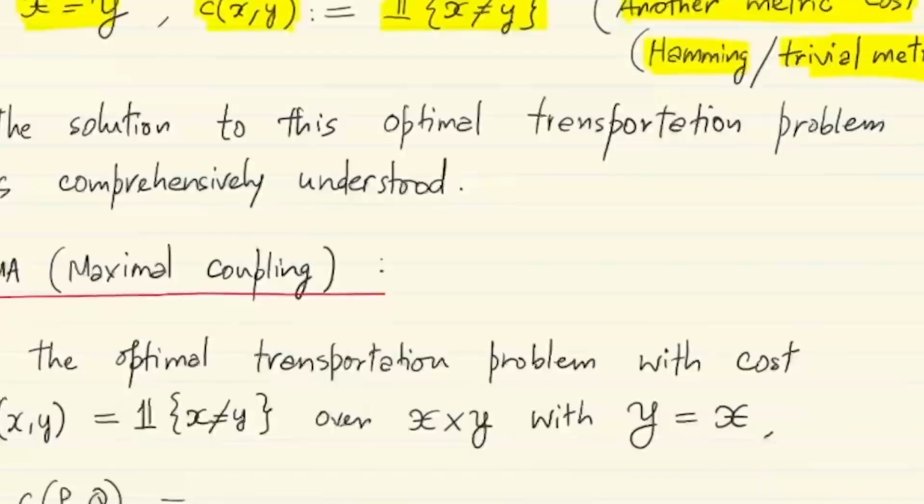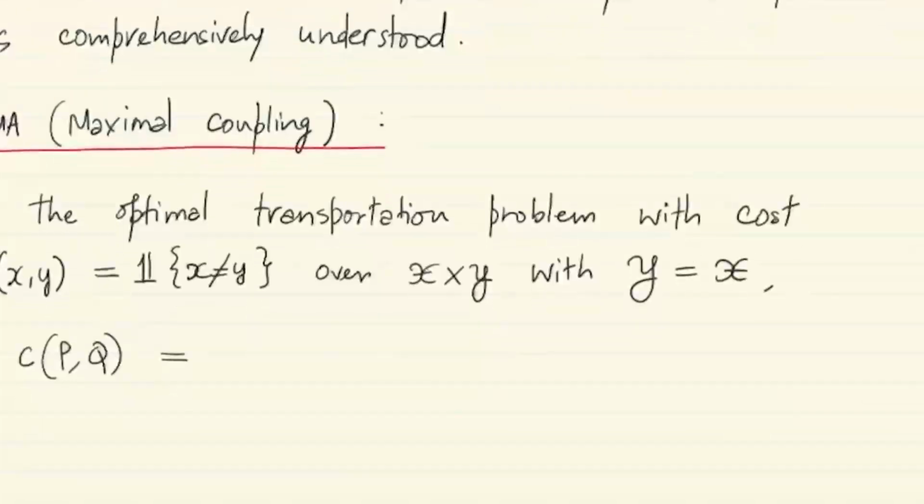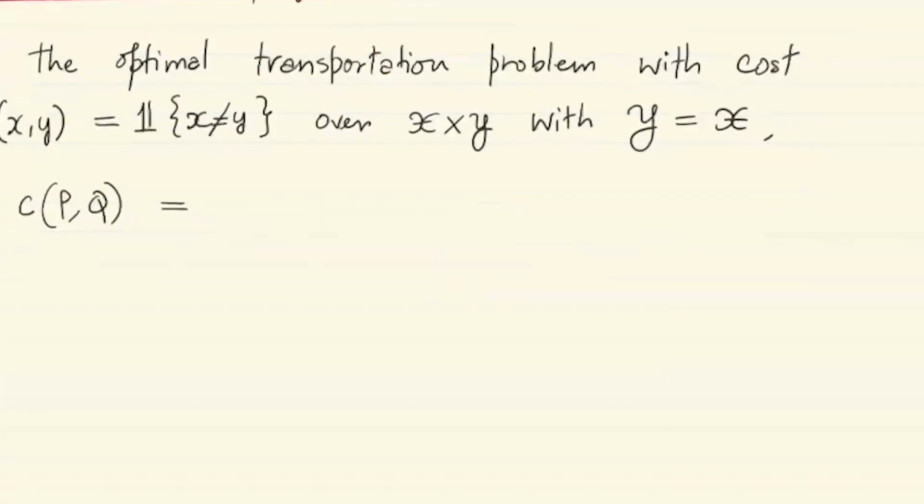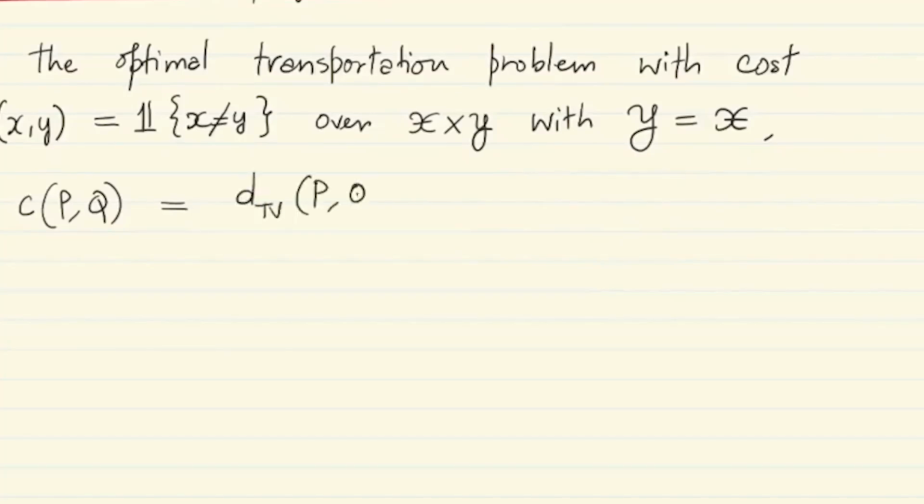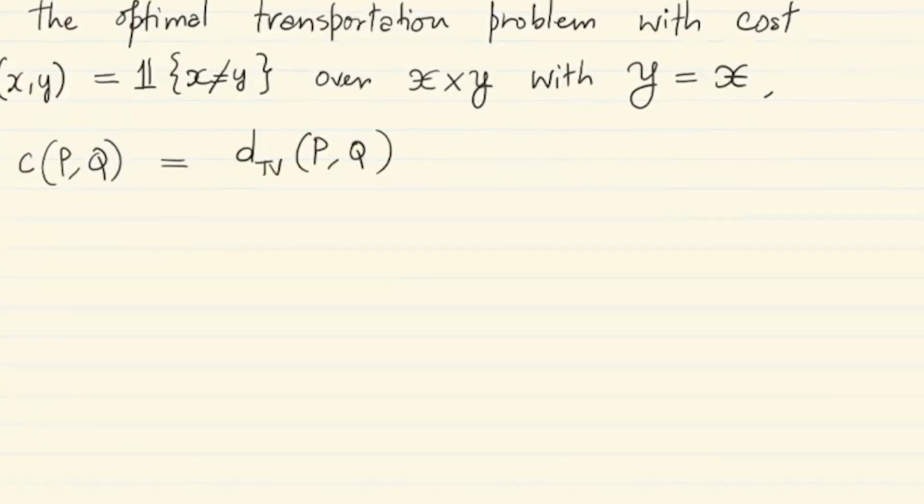This is called by various names, one of them being the maximal coupling lemma, which we will also use in the subsequent lecture. For the optimal transportation problem with the cost structure given by the Hamming metric over X cross Y with Y equal to X, the optimal transportation cost is nothing but the total variation distance between P and Q,